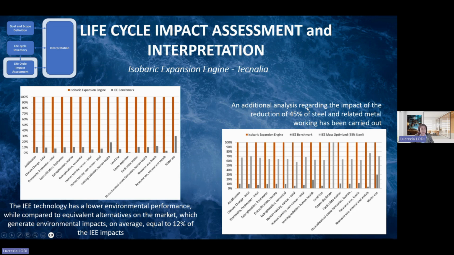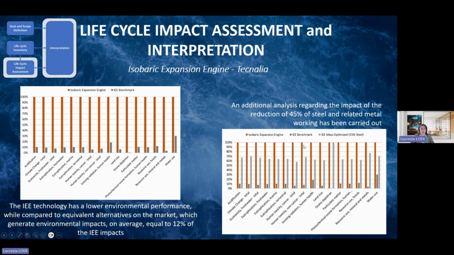By considering this reduction of 35% of steel, which means that the overall steel is just 65% of the original present in the LCA of the isobaric expansion engine, you can see that the trend is the correct one, because the isobaric expansion engine in the orange bar is the same as shown in the left part of the slide, while the light gray represents the mass optimized version, and it is still over the benchmark, but